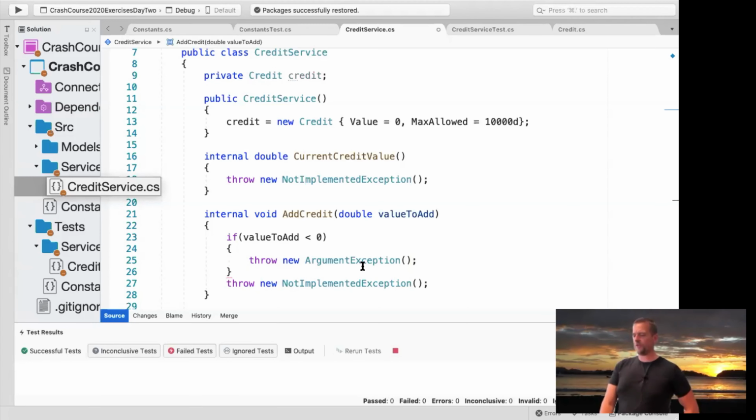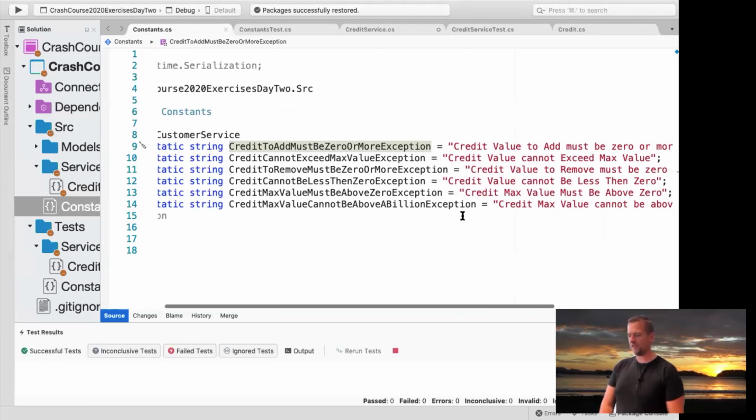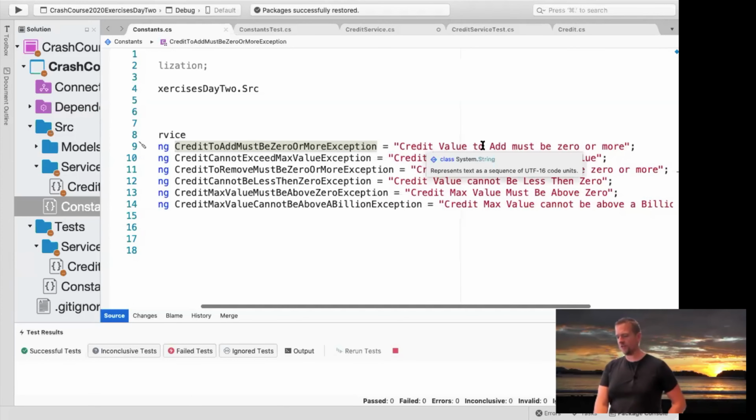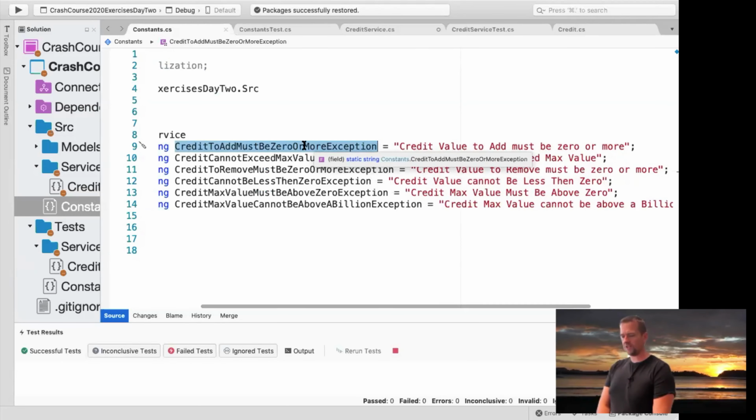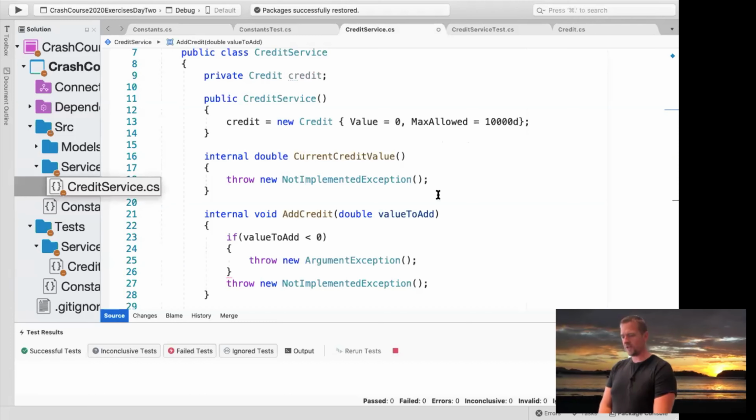So now I'm throwing the exception if the value is less than 0, but I'm not quite there yet, because it also says that it needs to have this. Let me just go to it. It needs to actually throw an exception that says credit value to add must be 0 or more. So that's just a constant string right here. So I'll just add that to the exception. And that's very simple. You just get the constant